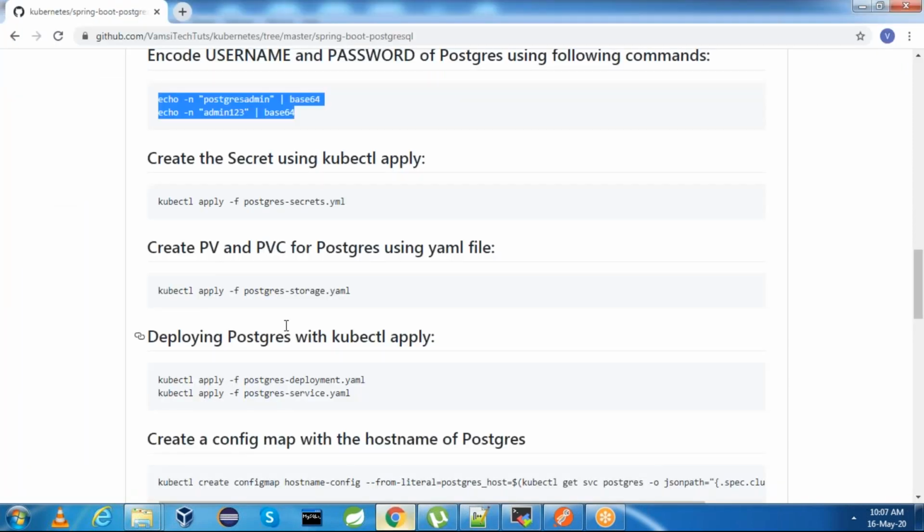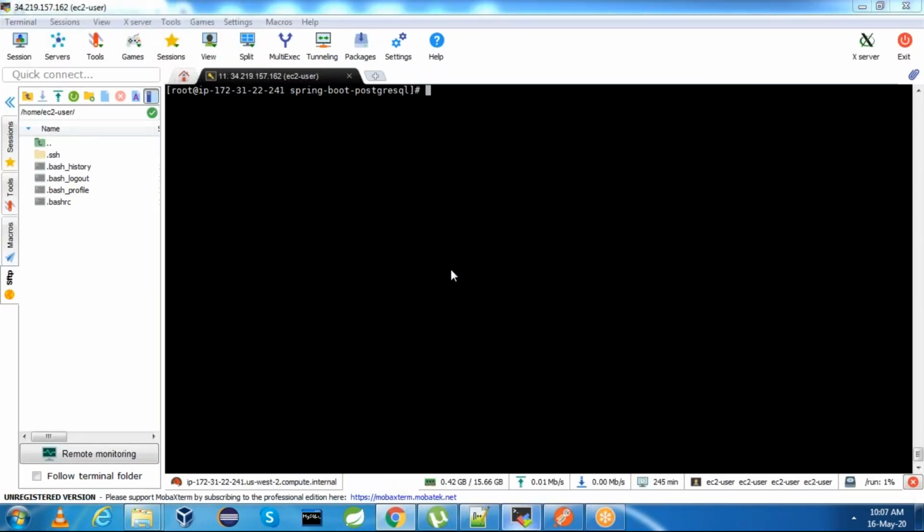Now, along with the Postgres secret, we need to have a persistence volume and persistence volume claim as well. A persistence volume is nothing but a cluster-wide resource that we can use to store data in a way that it persists beyond the lifetime of a pod. A persistence volume claim is a request for storage, similar to how a pod requests compute resources.